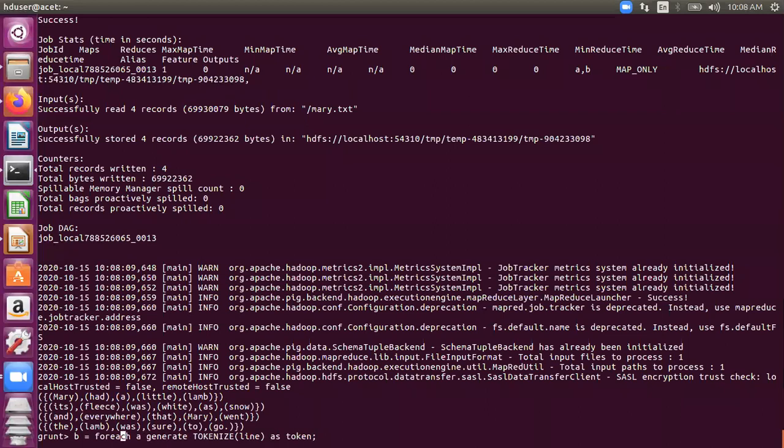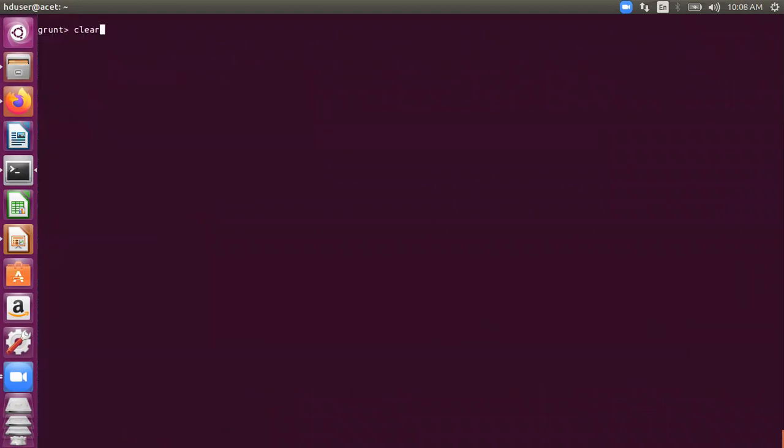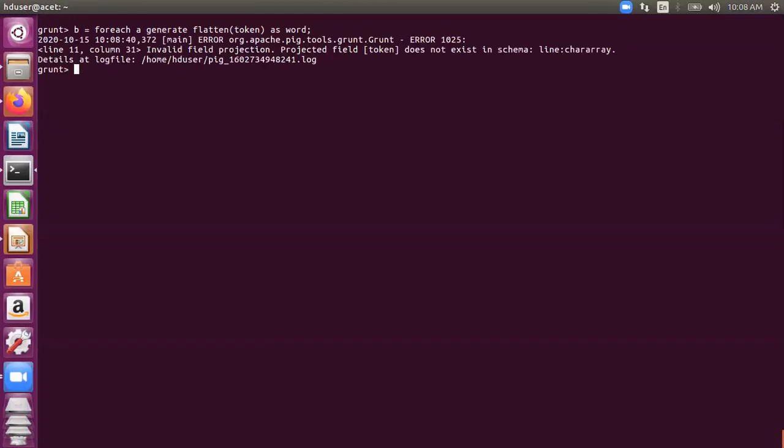Let me just type this, and then you can suggest. I'll just use generate flatten, and I need to flatten the token which has resulted, right? There's some problem here. What's the problem?